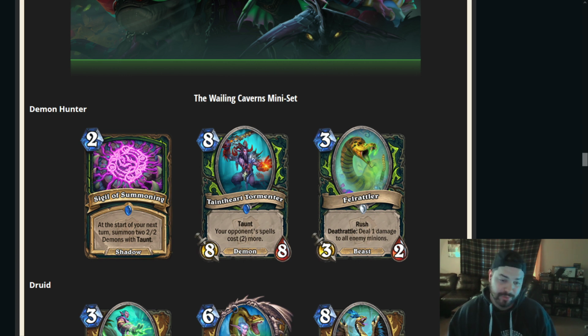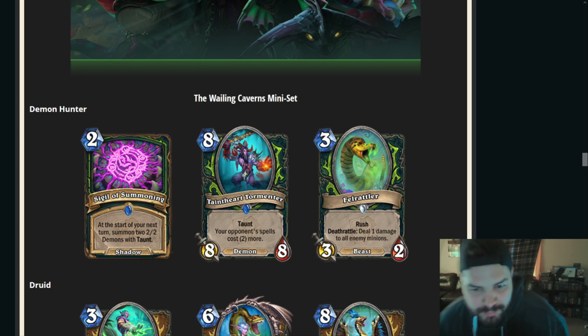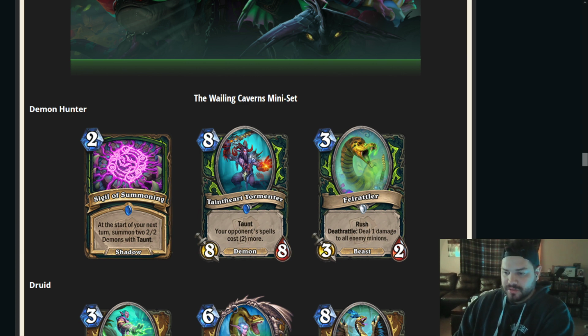I love the disruption. Any disruption like this is pretty cool. It's not super unfair because it is at 8 mana. Maybe there's a way to cheat it out to make it a little more obnoxious for your opponent. But yeah, honestly, I'm gonna give it